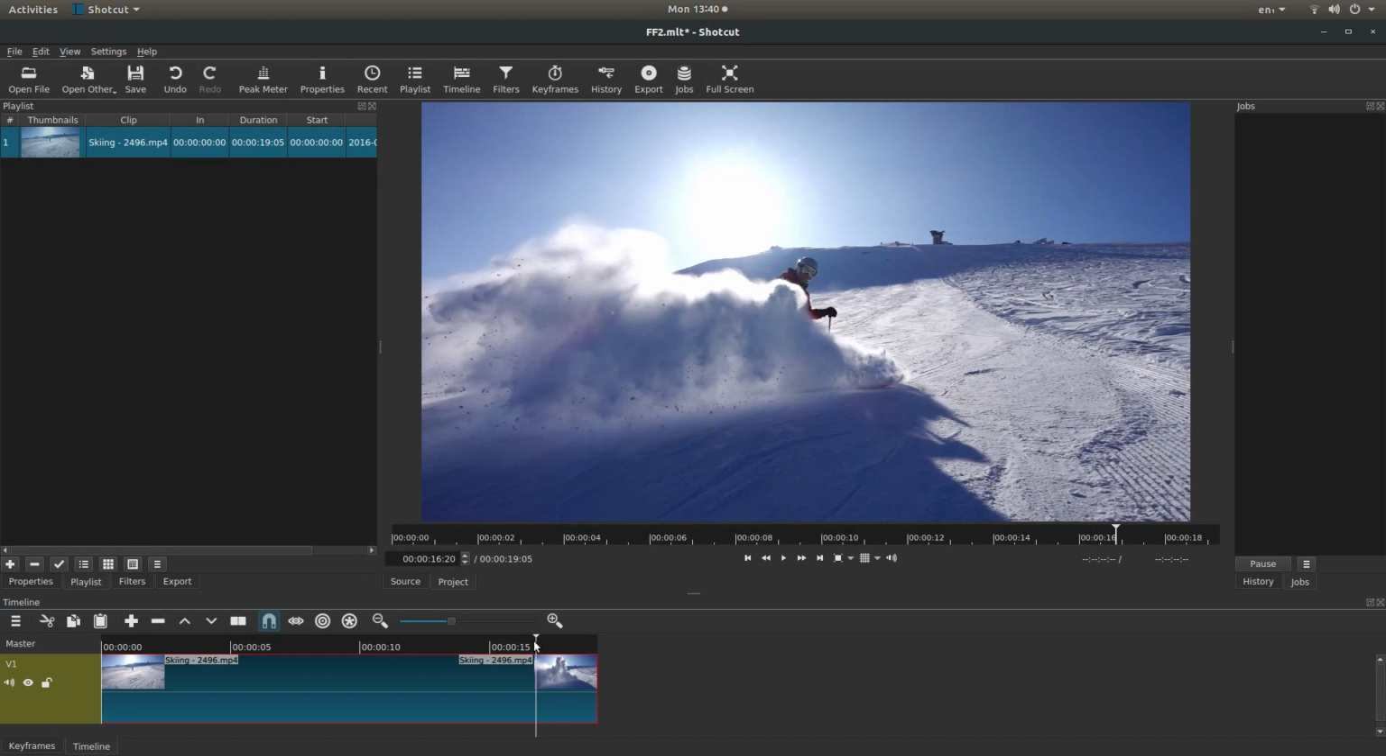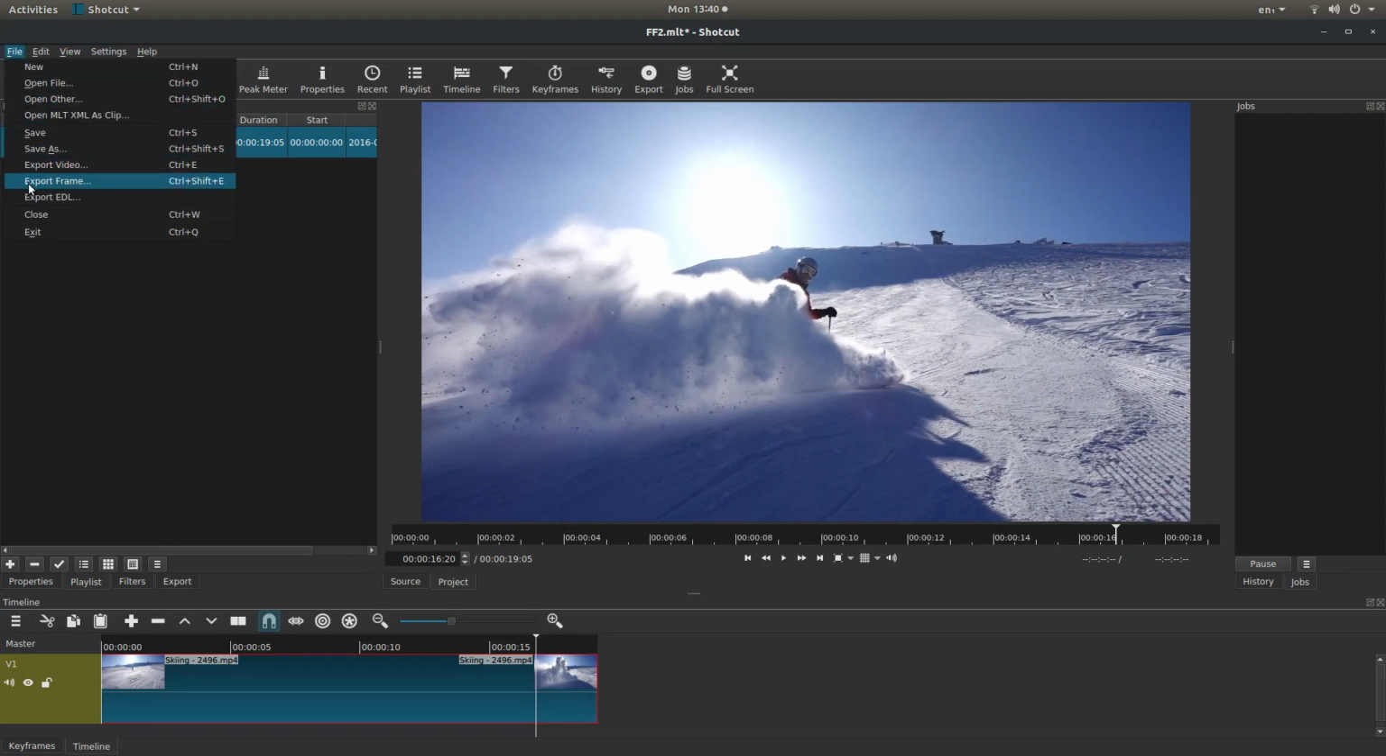Now make sure that you don't move the marker, and if you come up to File and left click on this, and then you've got something called Export Frame. You can also use the shortcut which is Control-Shift-E, but I'm going to just use this here. So you want to left click on Export Frame